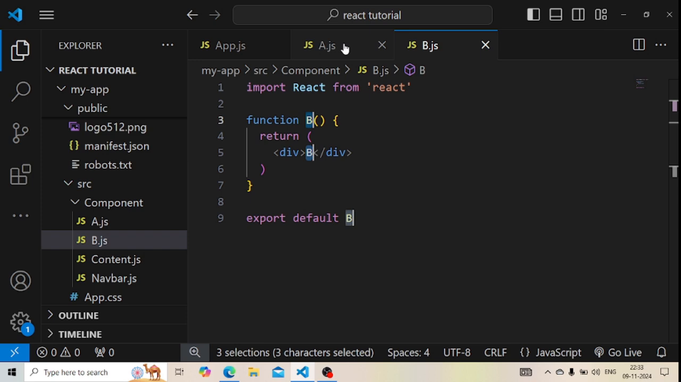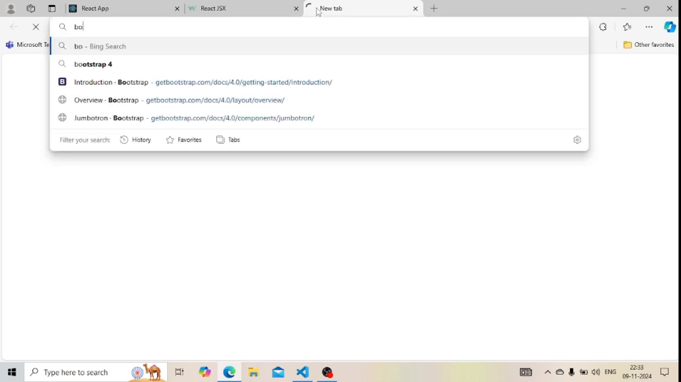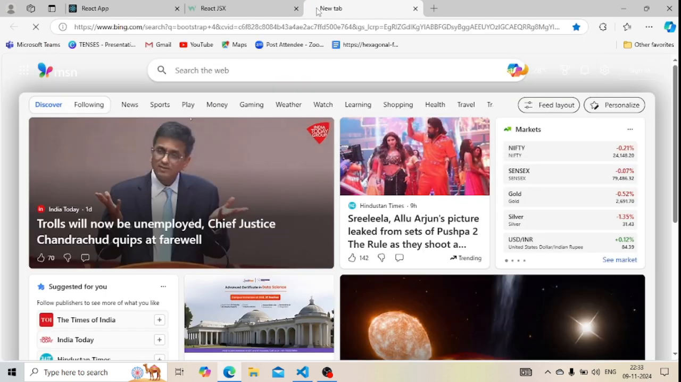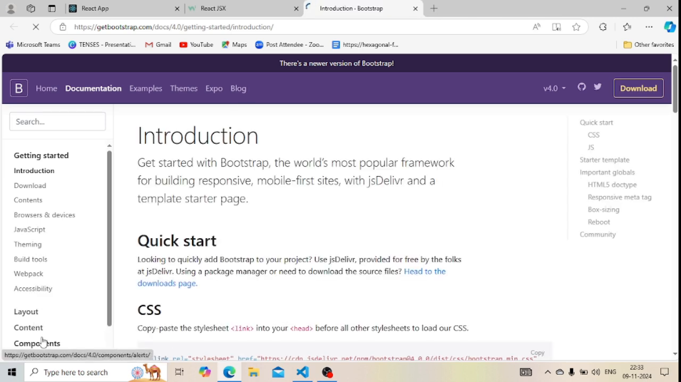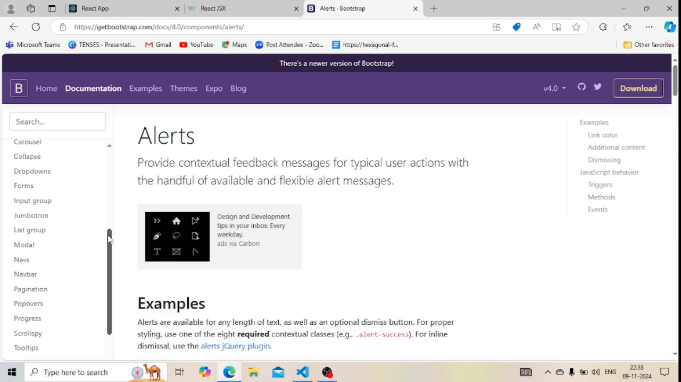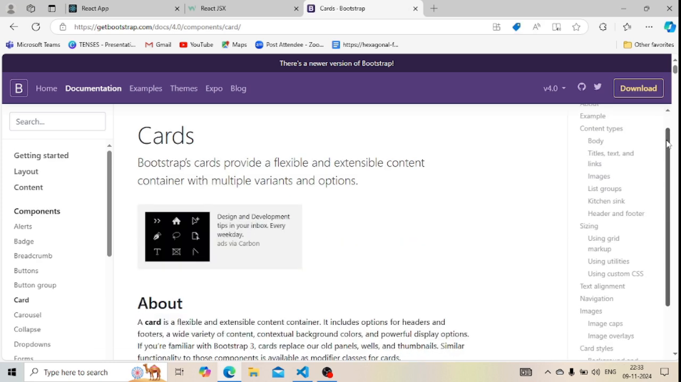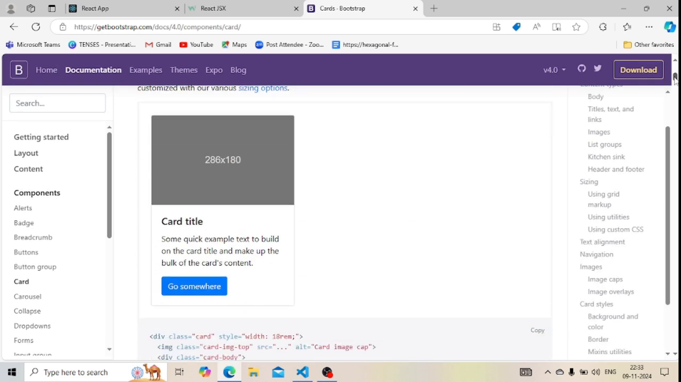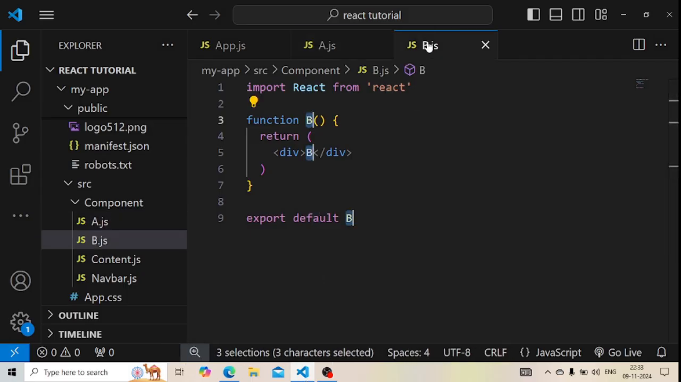Okay, now what I want is I'll copy the code from Bootstrap itself. I go on the Bootstrap site. I'll simply write Bootstrap 4. I'll go on this introduction site. In this, I'll go for the components. In the components, I'll search for a card. This one. So, one second. So let's say I want to display this kind of structure. I'll simply copy this code from here, and then I'll go inside the B component and